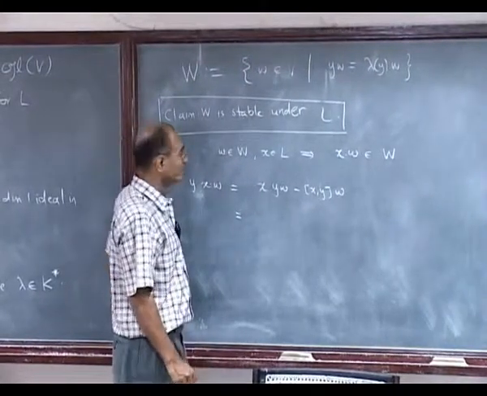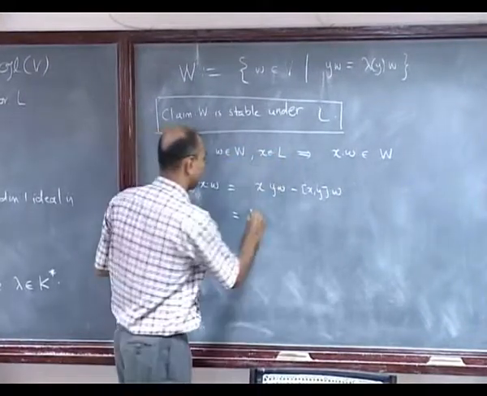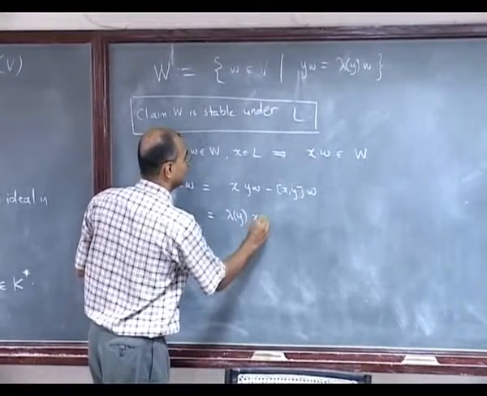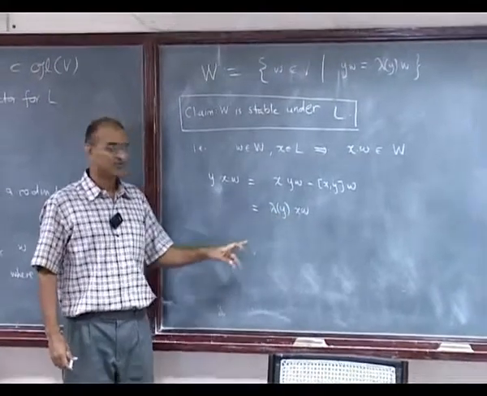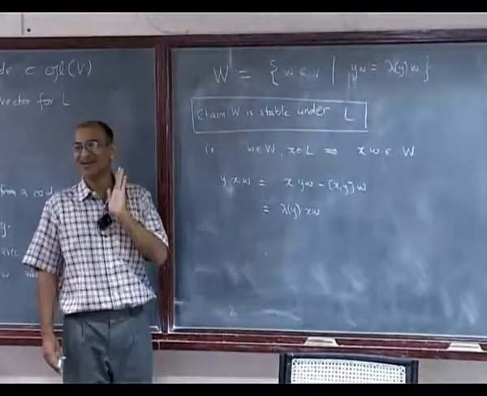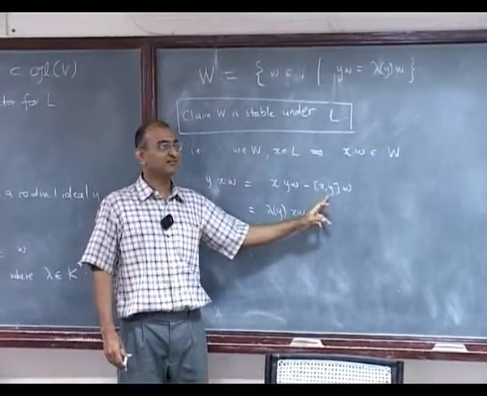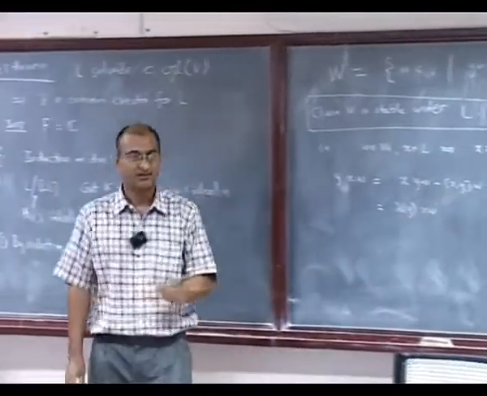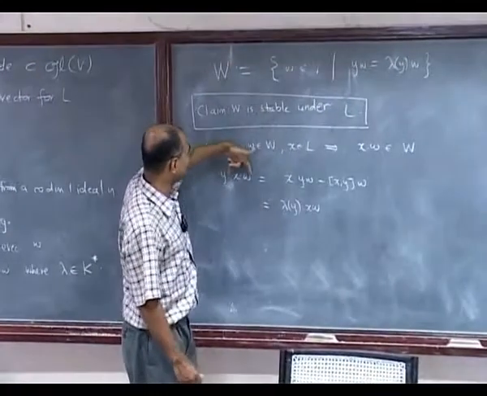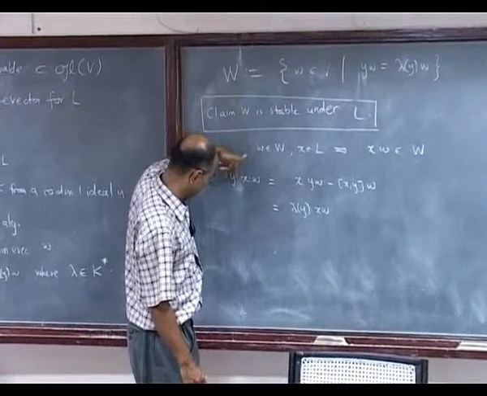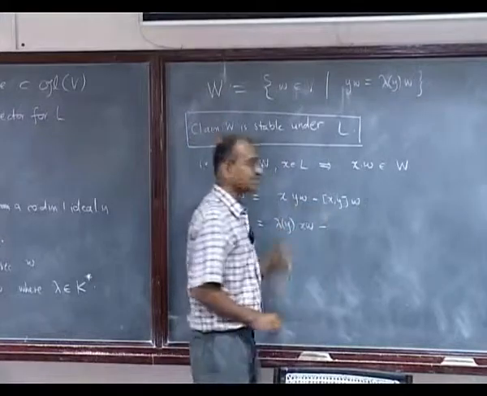This Y acting on W is a multiple of W. In fact, we know which multiple? Lambda Y of W. So this part makes us happy, right? So in order to stay happy, what has to happen? This one really has to be 0, correct? Because recall the definition of W: something acting on a vector should be the lambda of that times the same vector. So that means this must be 0. But what is it?